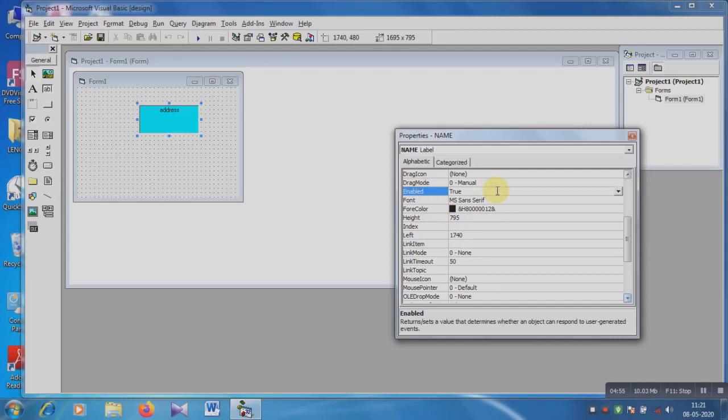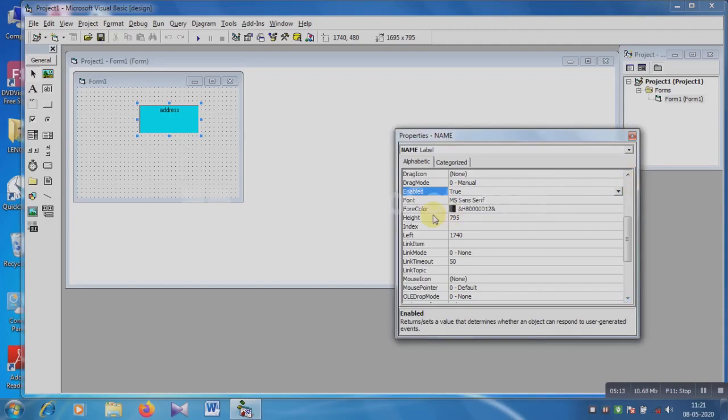Using the enable option, the set of values determines whether a label can respond to user generated events or not. By default it is true. Okay, this is the enable option. And there are two values, true or false, but it is better to keep it true.